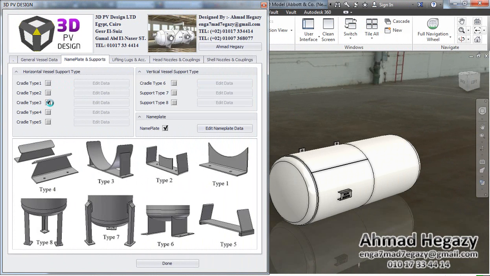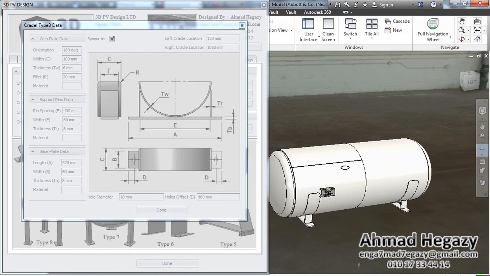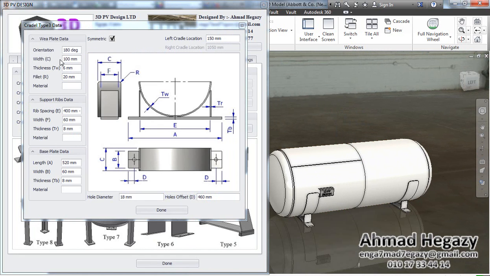After opening the dialog box of type 3, we could change some dimensions, like the width of wheel plate, the width of ribs, the width of base plate, and the location of the hole. After opening this window, we will change the width of the wheel plate